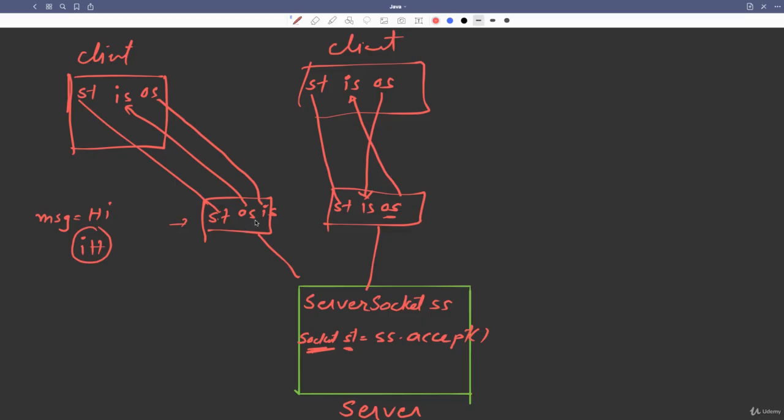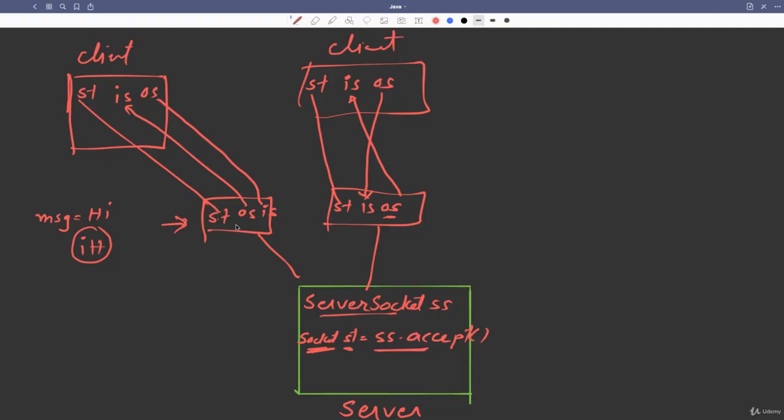So I am showing you the complete setup for a multi-threaded, multi-user server. Whatever processing you require, you can do it inside each thread. For developing this application, we have to write a class for a server. This class will have a main method. The main method will create a server socket, and inside a loop, it will be accepting connections and starting a new